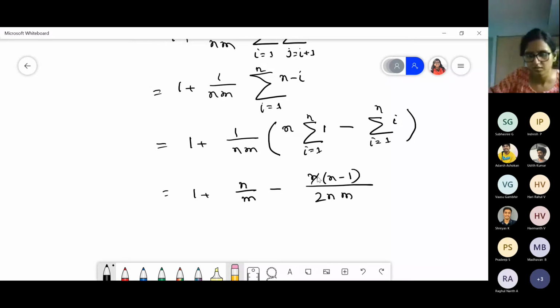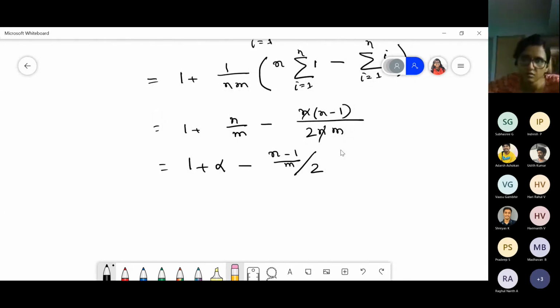So this we can cross out. This is 1 plus alpha minus n minus 1 by 2m. I want to write it in terms of alpha. What should I do? n by m by 2 plus 1 by 2m.